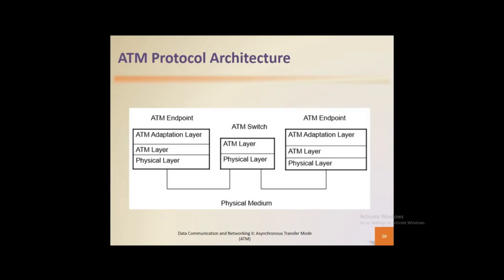So you do have the adaptation layer to address that part, and then the 2 additional layers that form more or less the ATM switch itself. Okay, so if information comes in from the ATM terminal, it goes through the adaptation layer. Like with the OSI, it goes from application layer all the way to the physical layer. In this case, from adaptation layer to the ATM layer itself, and then the physical layer. This way, the cells exit out of the endpoint device or terminal, and then